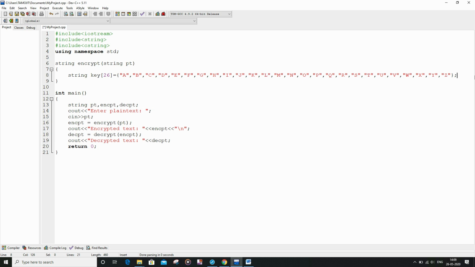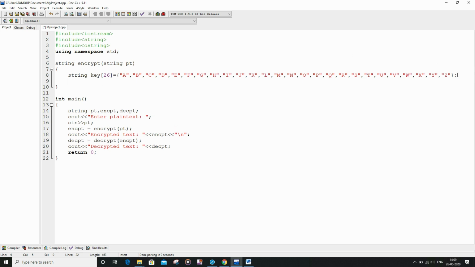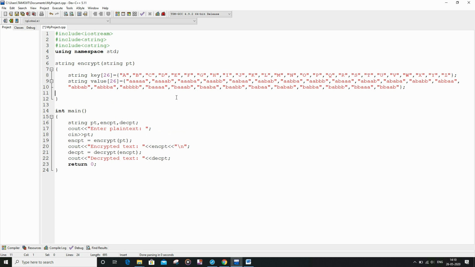So let me write it. Value is also an array of string values. And now for the first one we have 5 small a. Now I had finished writing the string value as well.